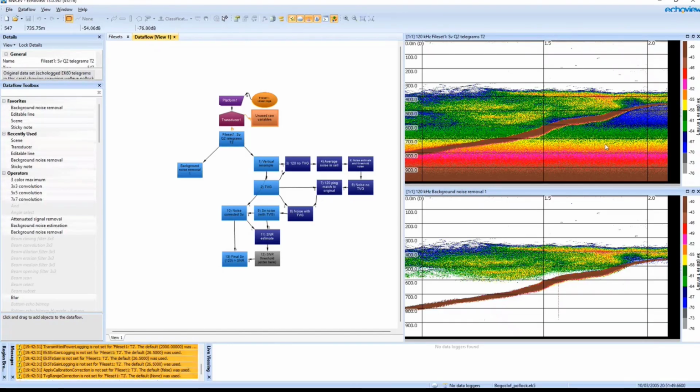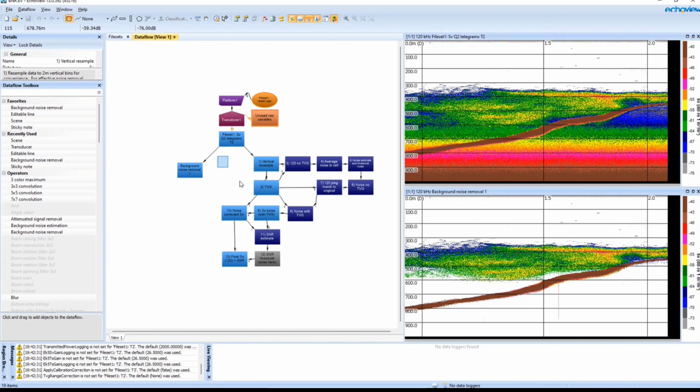If you've ever done one of our training courses, you've probably seen and played with this specific data. What we have here is some 120 kilohertz data that's been collected to really far range. Because it's that frequency and this range, what we see is this TVG enhanced noise that increases with range that results in this lovely rainbow of colour on our echograms. This is obviously a bias that we want to remove before we analyse our data.